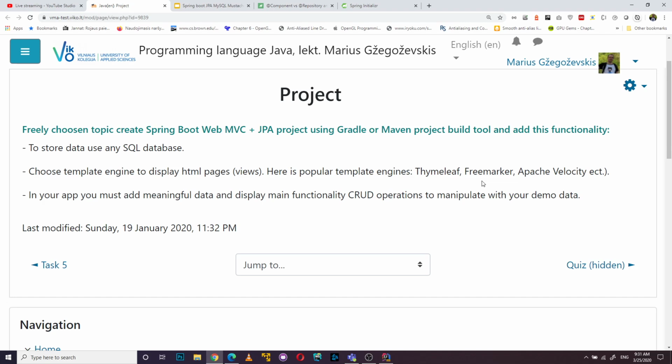In our demo project, we are using the Mustache template engine. It really doesn't matter which template engine you pick. It helps to render some HTML templates on the server. And of course, we add some CRUD functionality, or just for our goal today, maybe we just